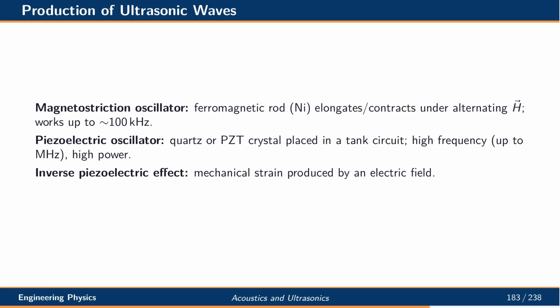Ultrasonic waves can be generated by two main methods. Magnetostriction oscillators rely on the change in length of a ferromagnetic rod under an alternating magnetic field, and they typically operate up to around 100 kHz. Piezoelectric oscillators use quartz or PZT crystals driven by a tank circuit, producing high frequencies up to MHz with high power. These rely on the inverse piezoelectric effect, where an electric field